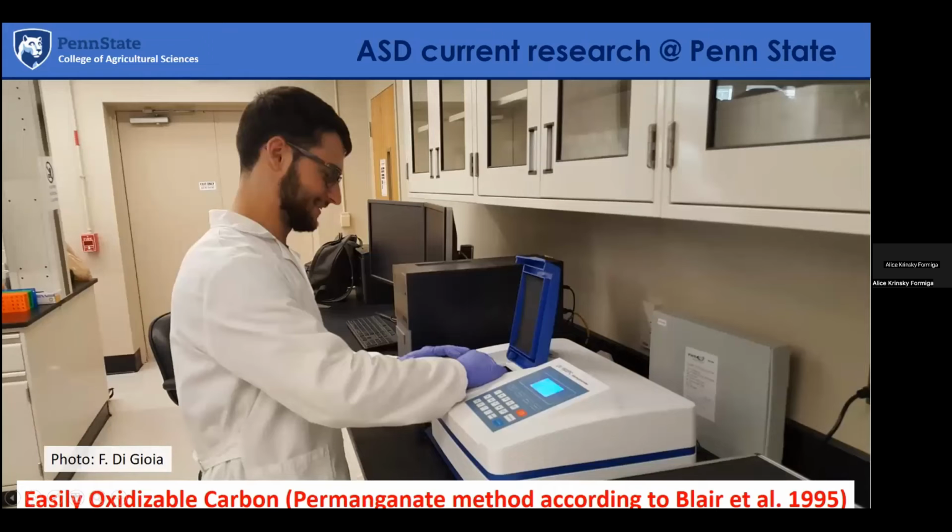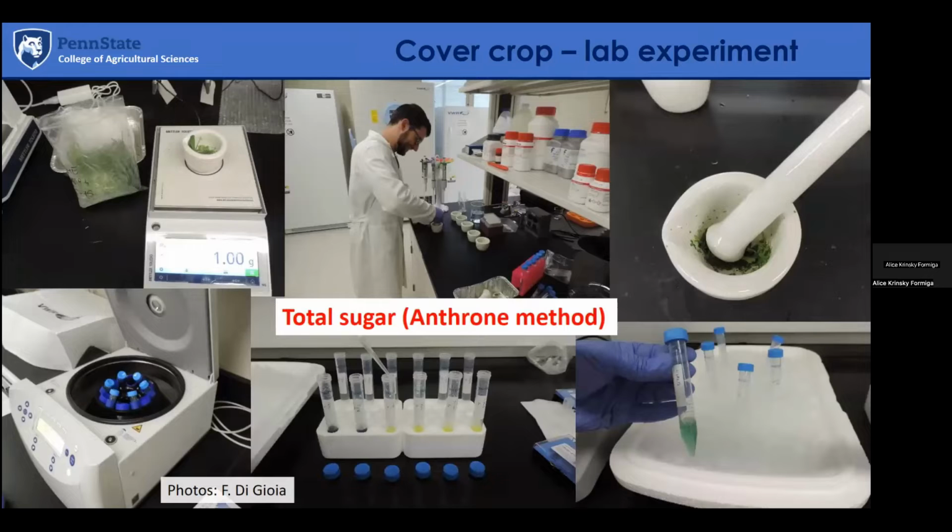And so we continue to analyze the plant tissue samples, also measuring the fraction of carbon that was easily oxidizable using the permanganate method that is normally used for soil. We adapted it for cover crops. And the other thing that we did was measure the total sugar content of the cover crop tissues with